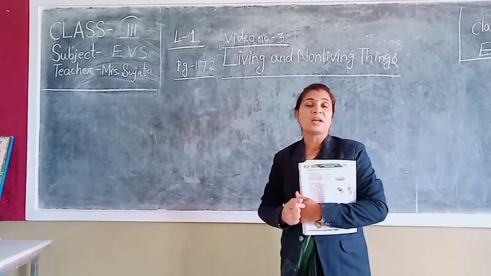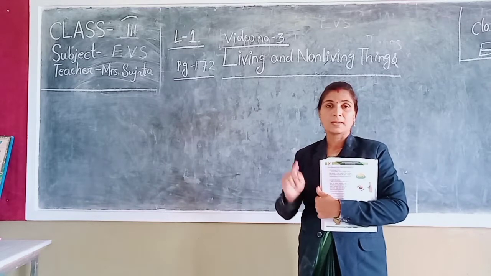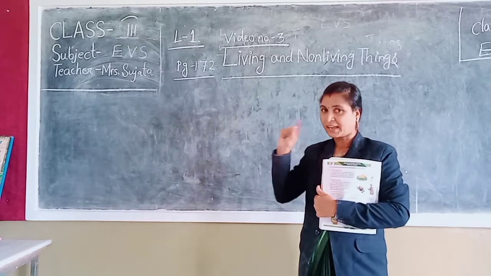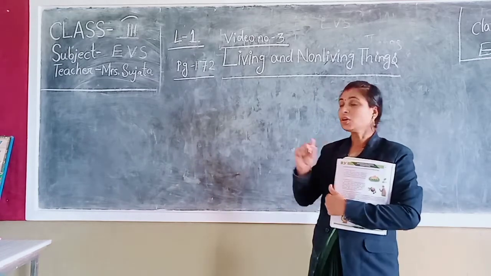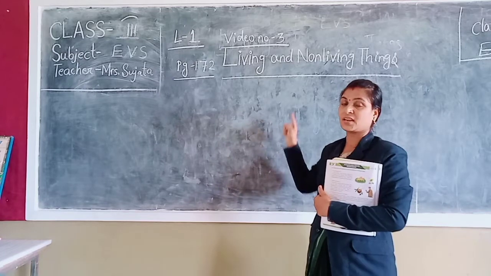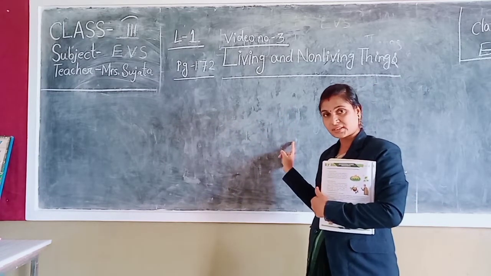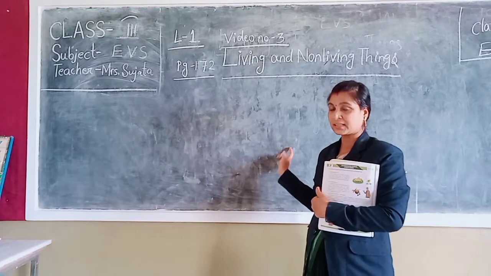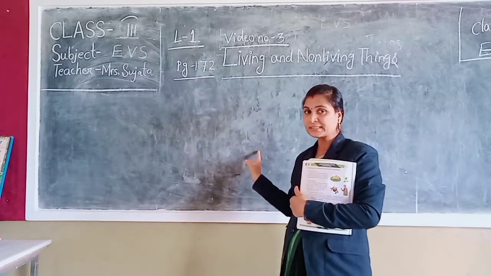I will say one thing, that you open your notebook, write lesson number 1 heading, put the date clearly. After that you write the index. In first class I have written the index: introduction part, common features, characteristics and difference between living and non-living things. That you have to mention in the first page, okay, the points.